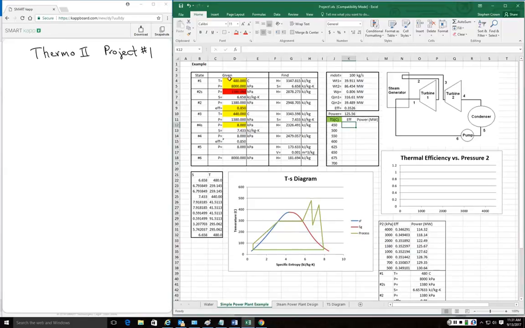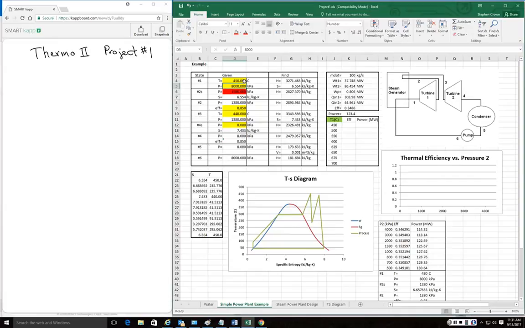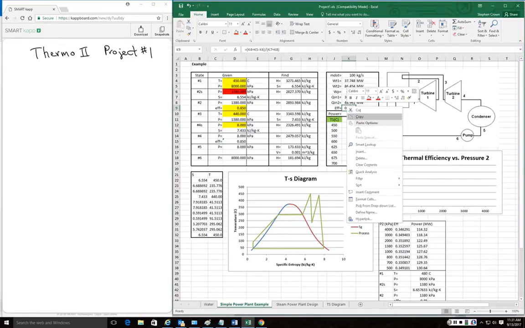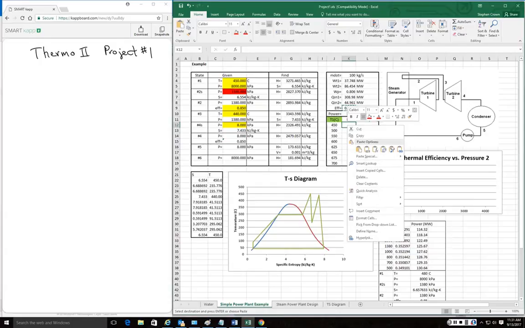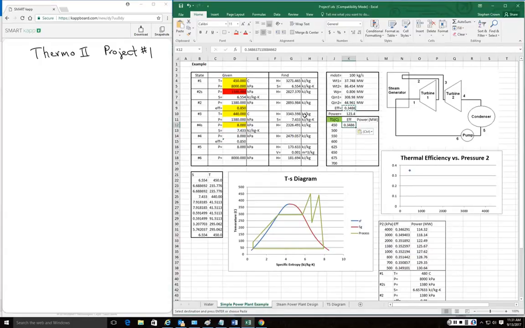Alright, so we'll start at 450, and I get an efficiency of 0.3486, and then continue on through,